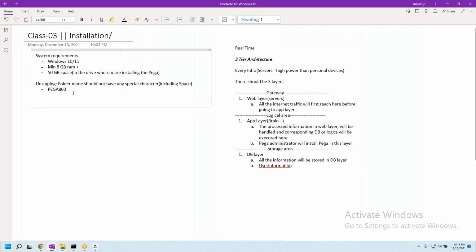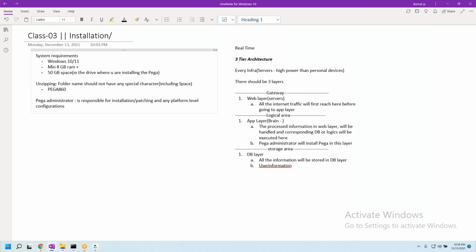What is this Pega administrator? Pega administrator is a guy who is responsible for installation, patching, and any platform level configurations.